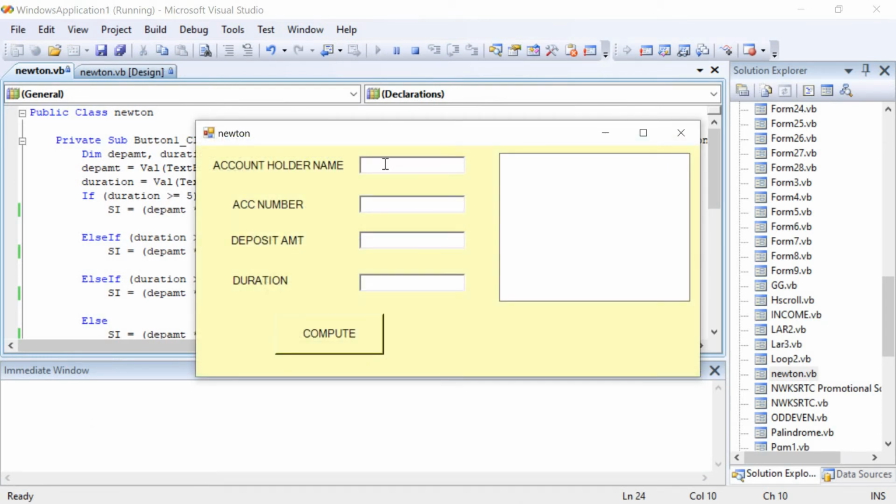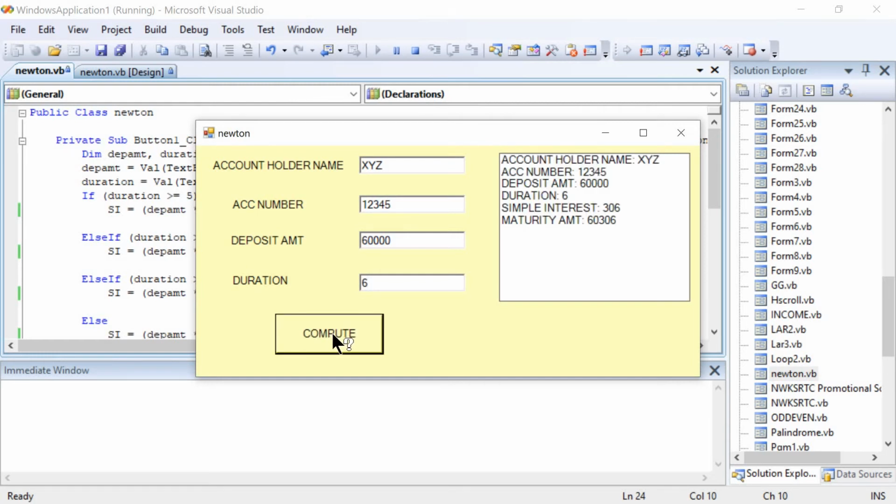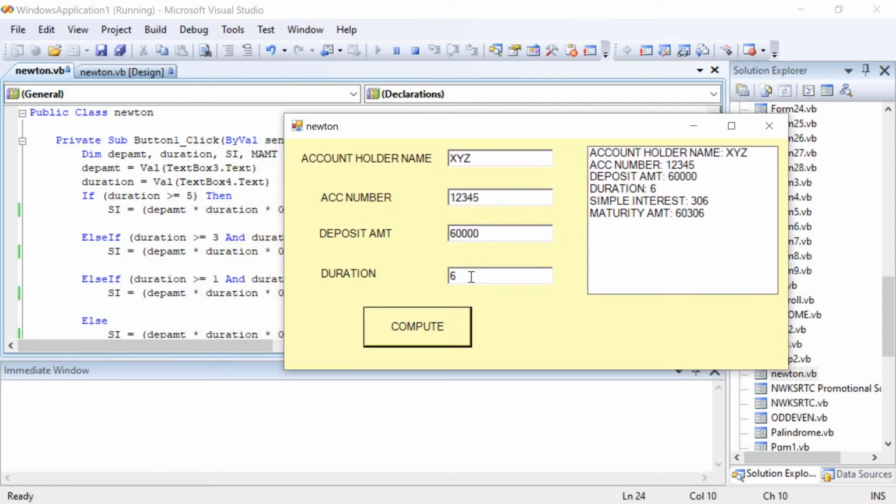Account holder name XYZ, account number, deposit amount, duration. Click on compute. Right. In the same way, let's take it for 4 years.